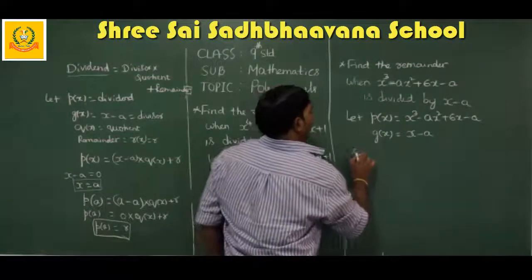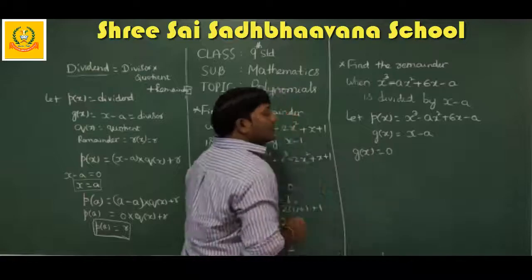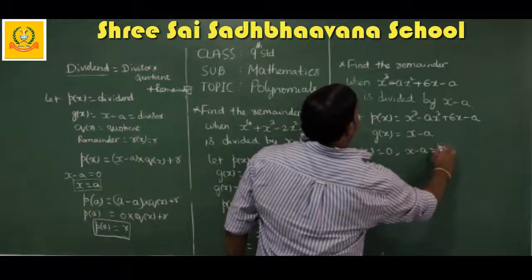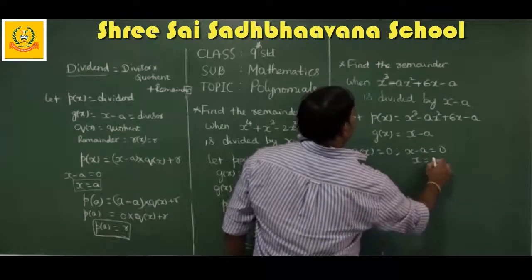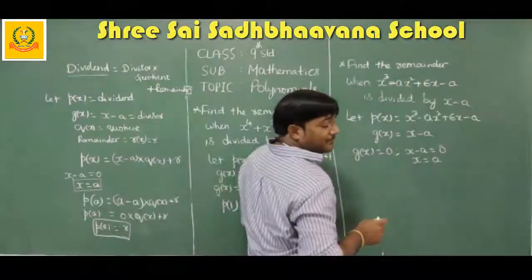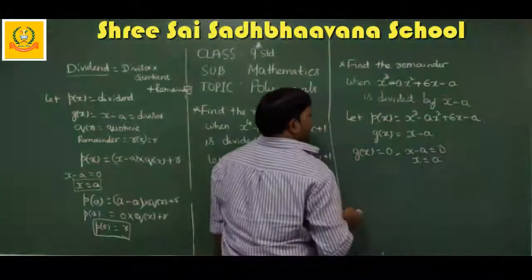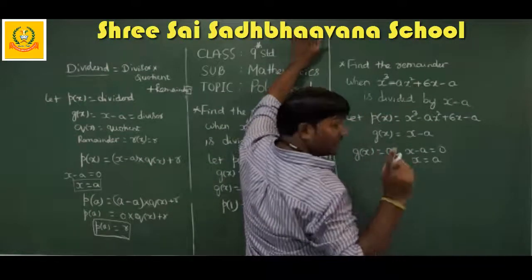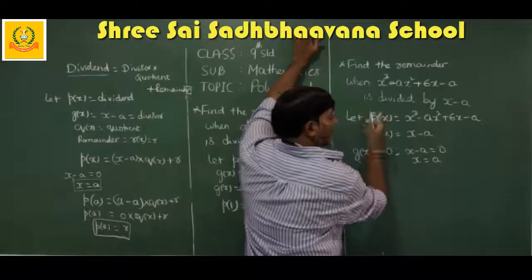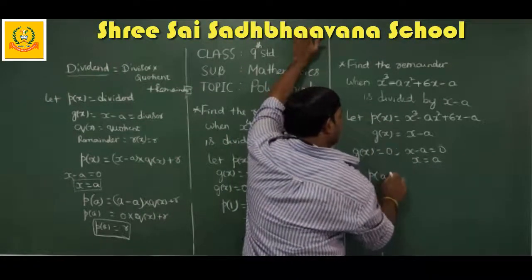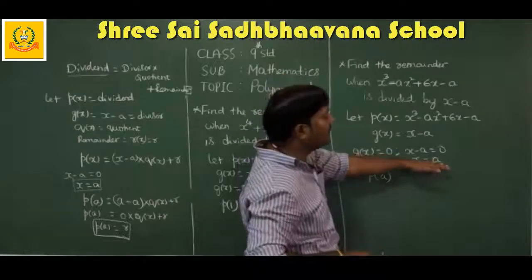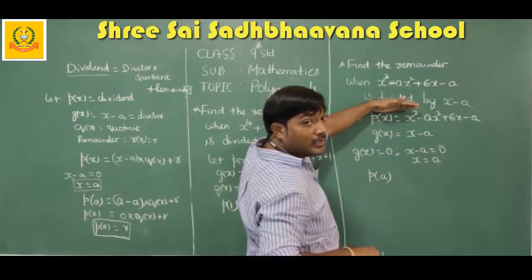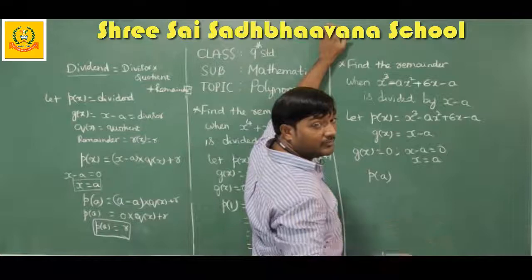This is the first step. Next, what do we have to do? Always we have to equate g of x to 0. It means we are equating x minus a to 0. So if x minus a is equal to 0, your x will be plus a, isn't it? We are sending minus a to that side, so your x value becomes a. Wherever x is there, you have to substitute in p of x, not in g of x. It will become p of a. Whatever x value you get once you equate to 0, you should substitute in p of x. Unknowingly, don't substitute in g of x, you'll always get 0 if you do.